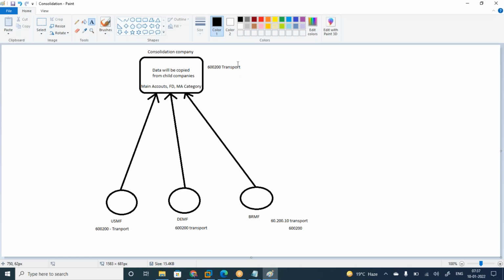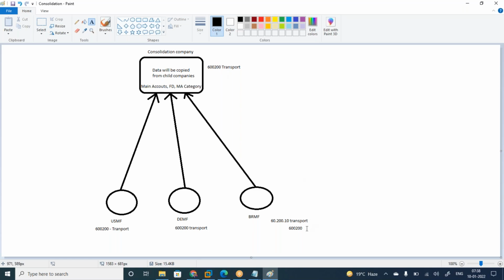If it is not transportation, suppose it is repair charges, what account do you want to bring into the consolidation company? It may be different natures, but every account that is there should exist in the consolidation company. If it does not exist, you need to create it.